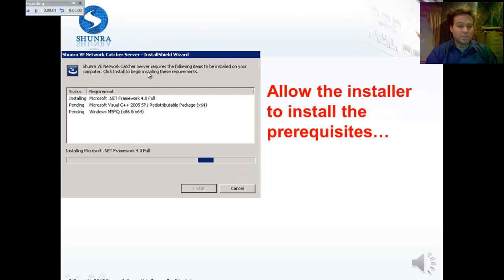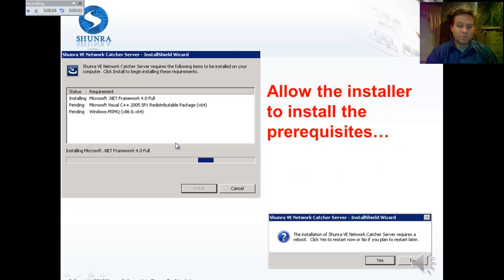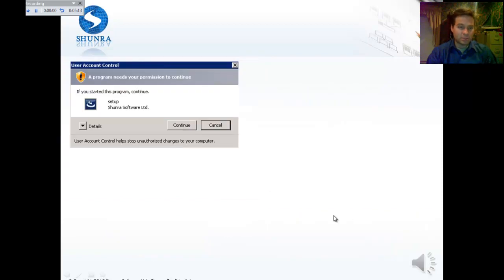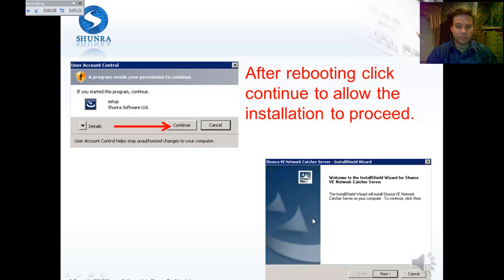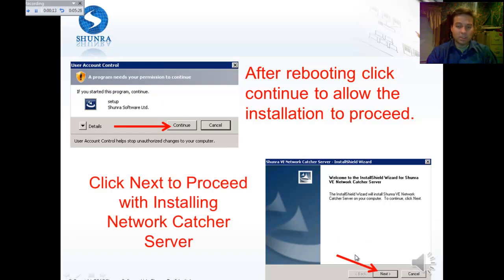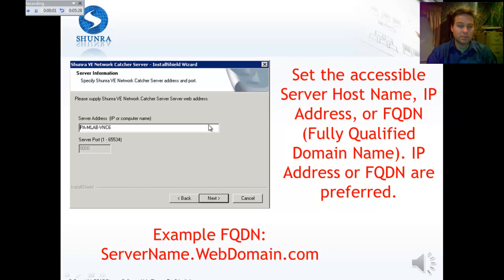and you'll see various screens similar to most installations. The NetworkCatcher server will require a reboot occasionally, depending on what prerequisites need to be installed, so just go ahead and allow that to happen as you're doing an installation. Then it's going to ask you for some user account control. You will want to go through and authorize these, so you just keep hitting next